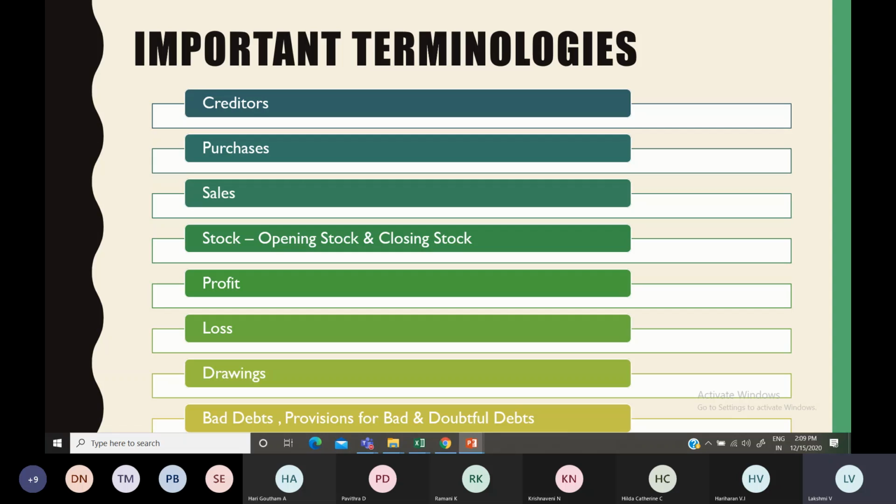So let me repeat once again. Stock is otherwise known as inventory, and it is the goods which remain unsold, ready for sale. Those are named as stock. It is also an asset of the company, specifically a current asset. Then what is meant by opening stock and closing stock? If in a financial year, April 1st to 31st March, whatever stock is lying in the business on April 1st is known as the opening stock, and whatever stock is lying in the business on 31st March is known as closing stock.